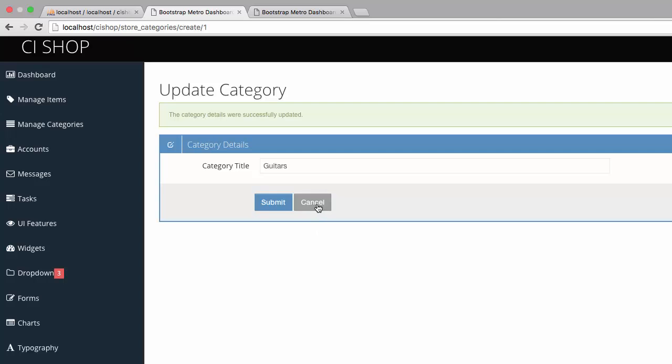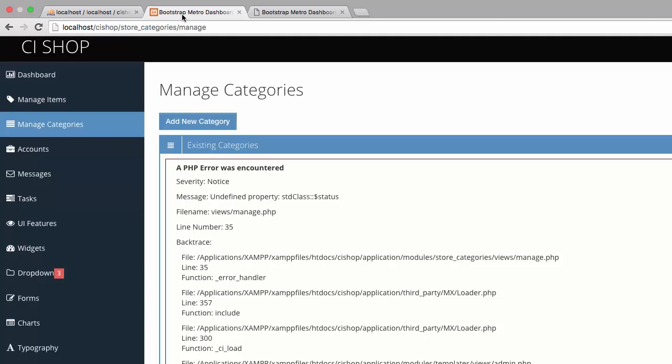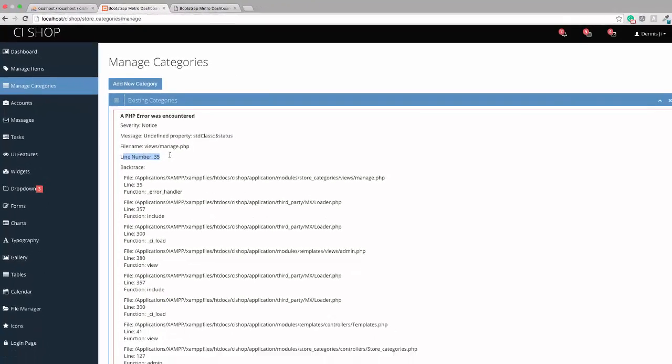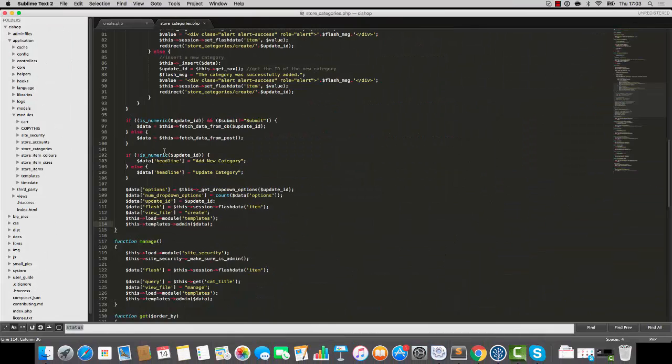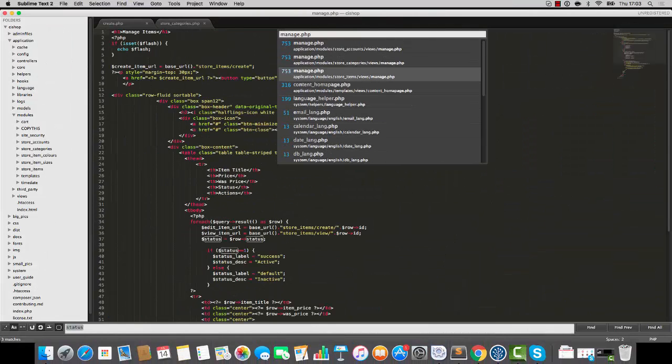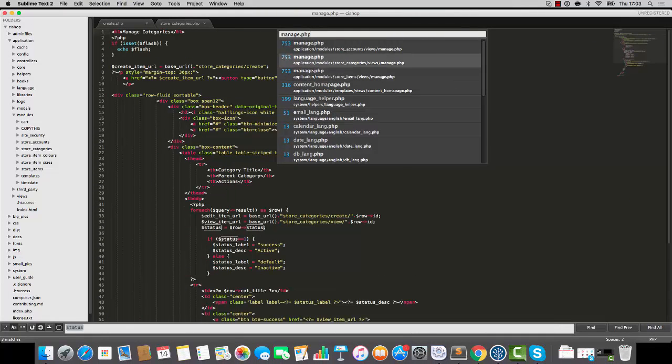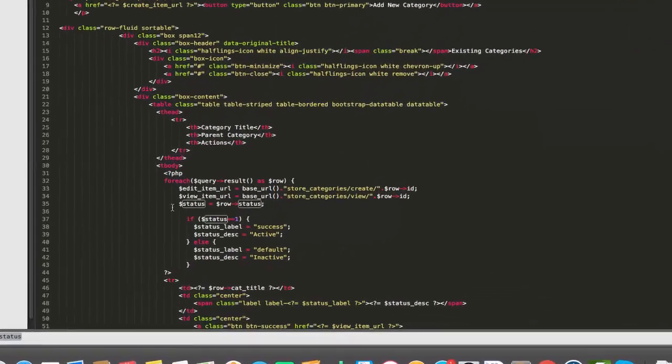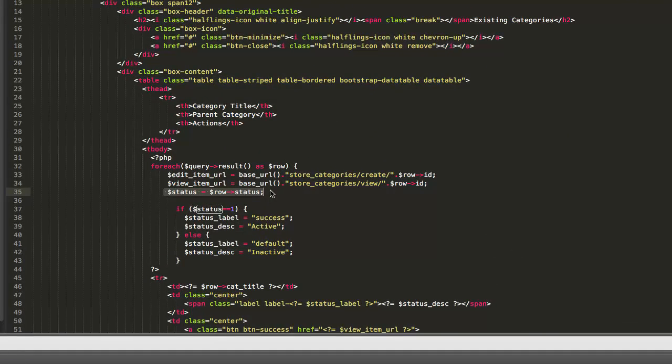I'm going to press cancel, and you can see that when we go to the manage page, we have a little error here because it's looking for a thing called status, which is basically a throwback from the store items controller. So let's fix that. Apparently it's on line 35, right? So if we open up manage.php, that's store categories manage.php, and we go to line 35,